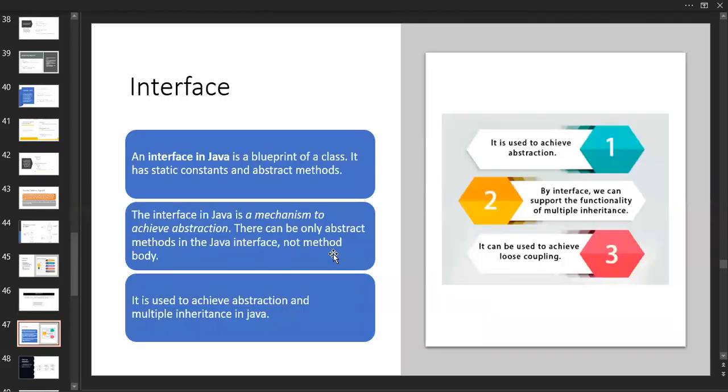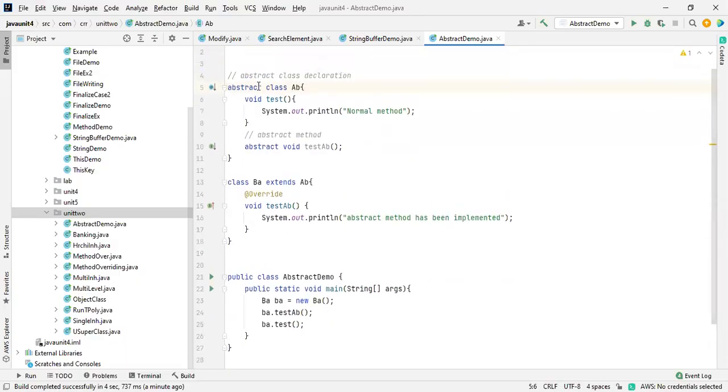Now the interfaces concept. So what is an interface? In their words, they are saying it is a blueprint of the class, which is similar to that of the class. Not only interfaces, the abstract class is also similar to that of the class. You can create an object. Let me show you this. I want to check it out first of all. So this is an abstract class, right?